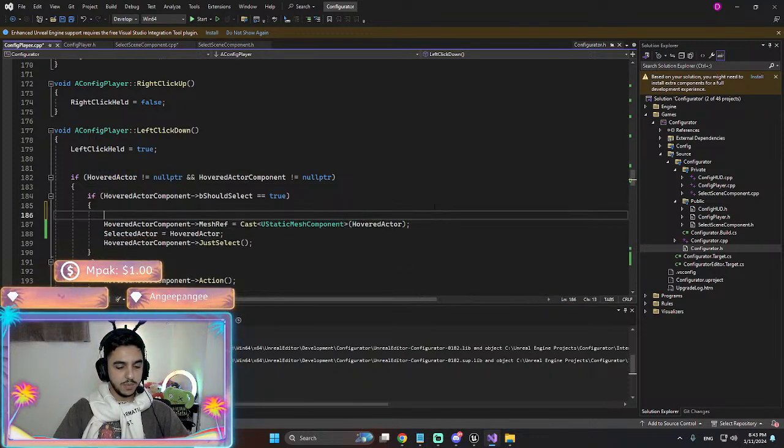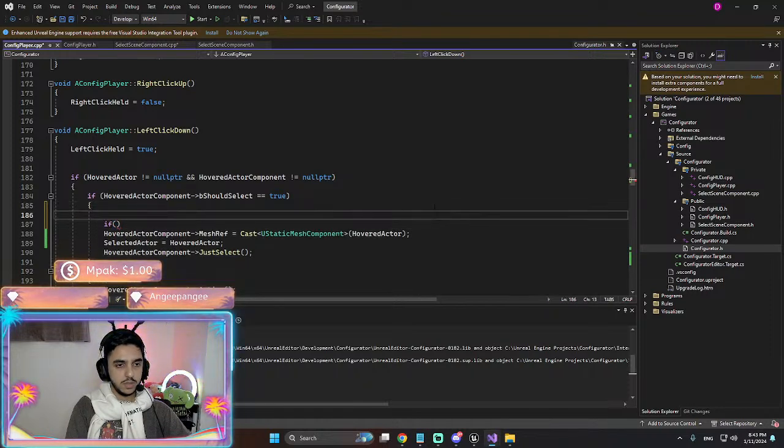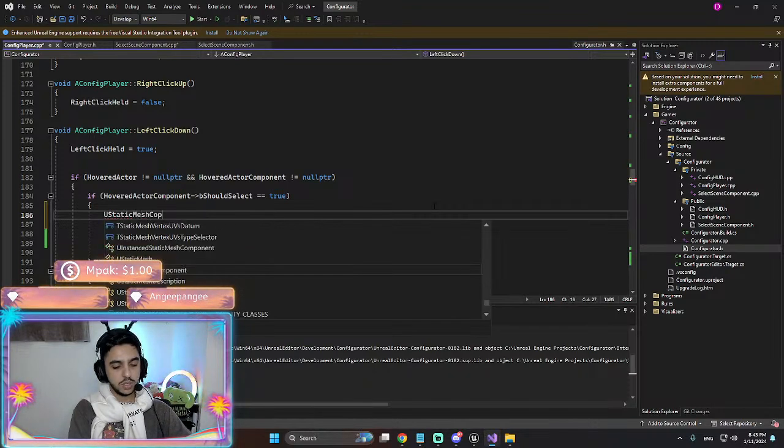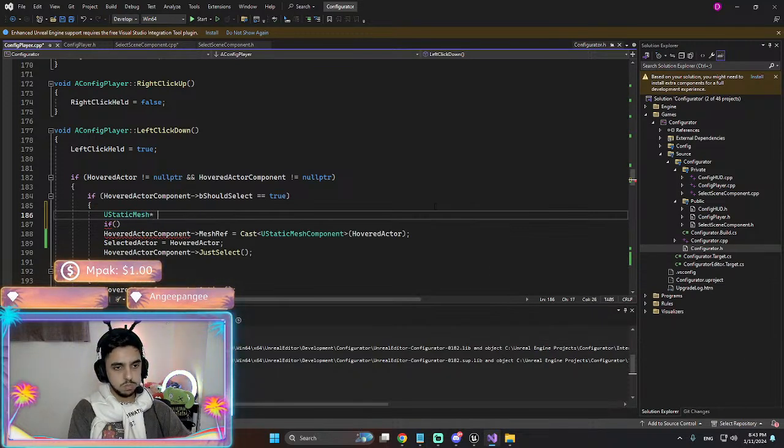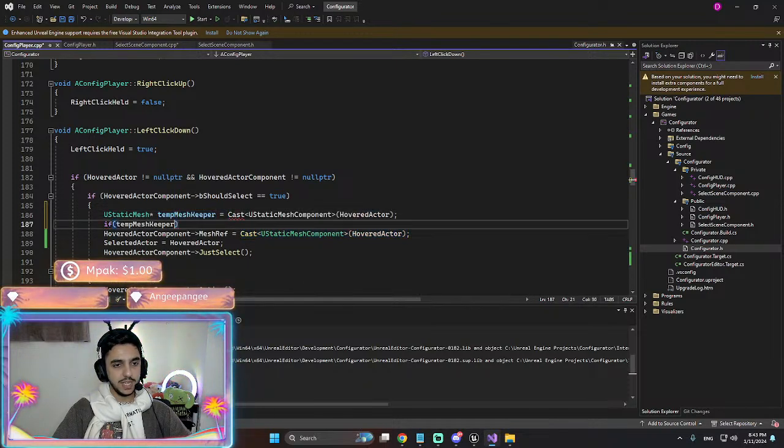And before that, I'm gonna say use static mesh star, temp mesh keeper, just a name, and then I want to cast it here. And then I'm gonna see if it exists.